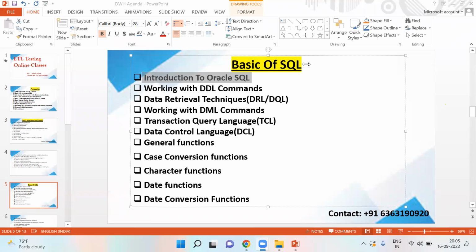Before we start the introduction of SQL, I want to introduce one of my students who got placed in one of the top MNCs, but don't ask the company name, okay? Because it's risky, we don't share the company name. After 2 or 3 months you can ask, but not now. It's for security purposes.